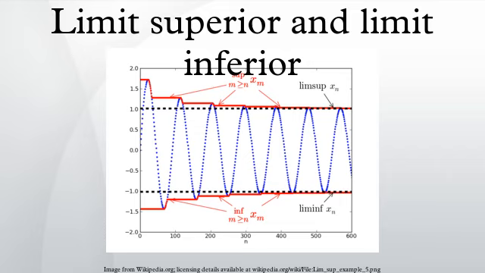Properties: the relationship of limit inferior and limit superior for sequences of real numbers is as follows. As mentioned earlier, it is convenient to extend R to the extended reals. Then, x_n in the extended reals converges if and only if liminf equals limsup, in which case the limit is equal to their common value. Since the limit inferior is at most the limit superior, the condition